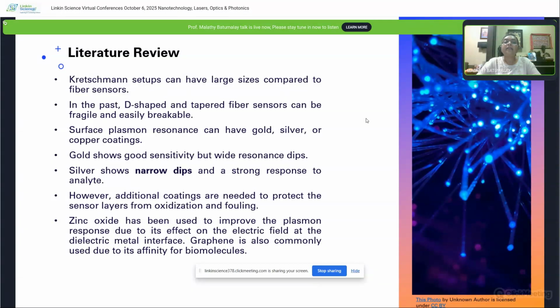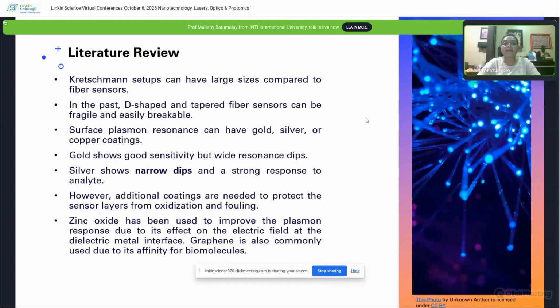Knowing that SPR sensors with gold, silver, or copper coatings are able to show good sensitivity, however, there was a small research gap here where gold shows good sensitivity, but there was a wide resonance dip. So that's why my team selected silver, which shows a narrow dip, but it also provides a